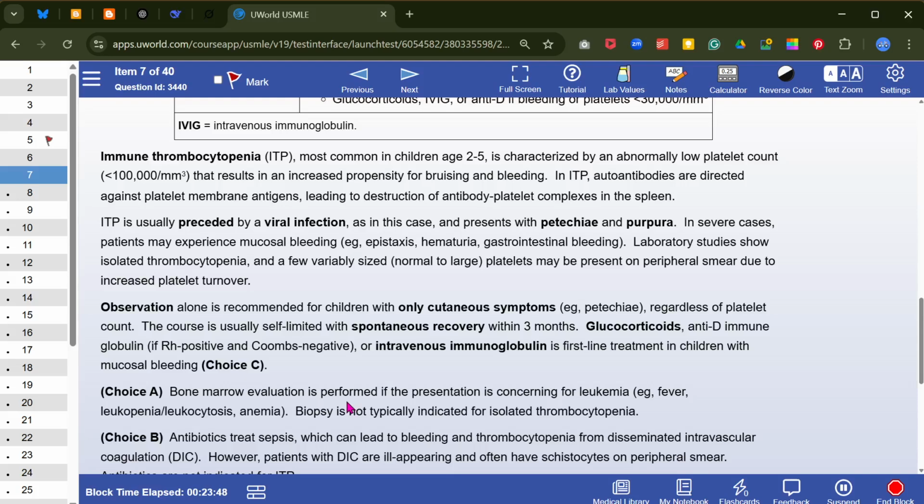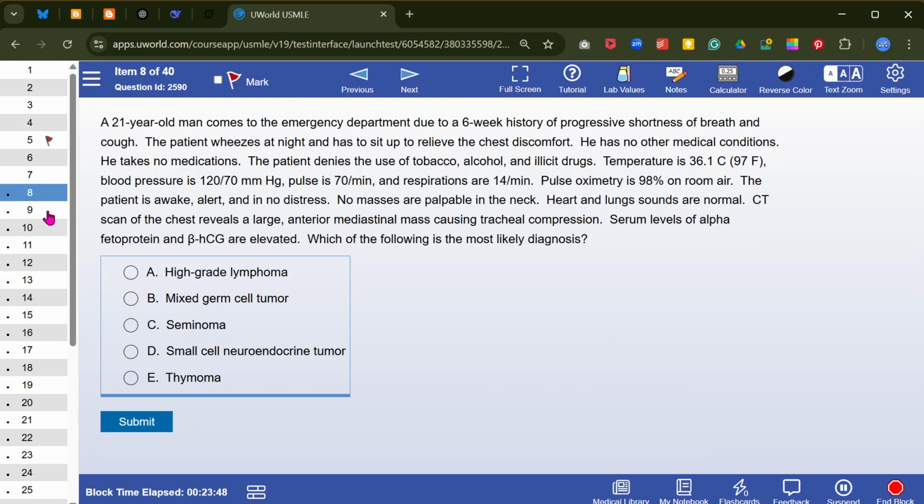Okay. Next. When one woman comes to the hematology, with a history of cases, the patient